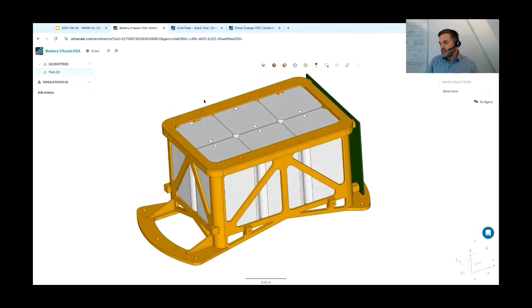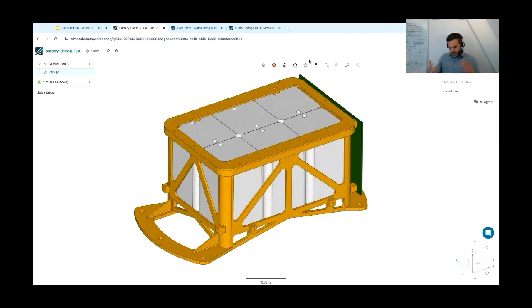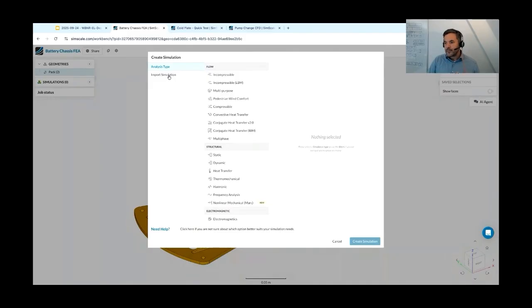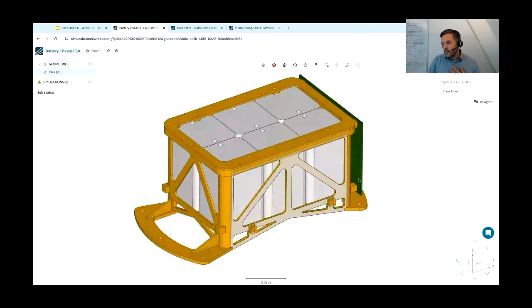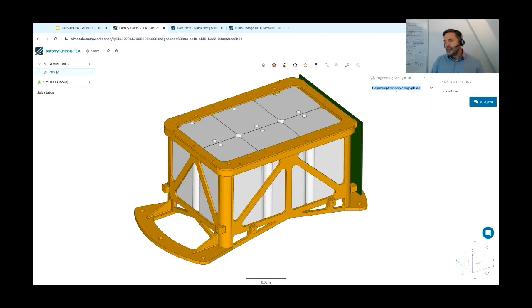That's a battery pack, and a valid question now could be: design engineers made some changes to it, and we're concerned with the harmonic response of this battery pack to vibrations. Do I need different rubber mounts? Of course, with SimScale, you can run the simulation from scratch. You can create a simulation, or import template simulations. But with a dedicated agent available, what can be done as well is to go in and ask the AI agent to do this work for me.